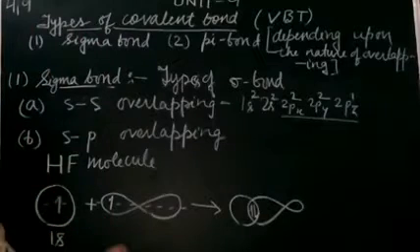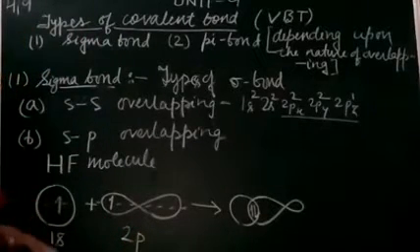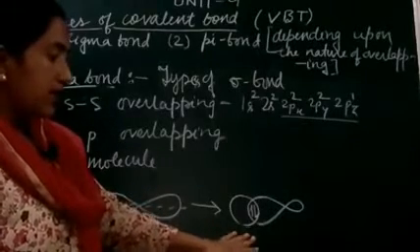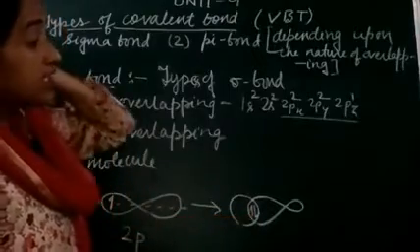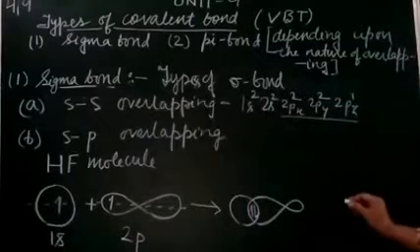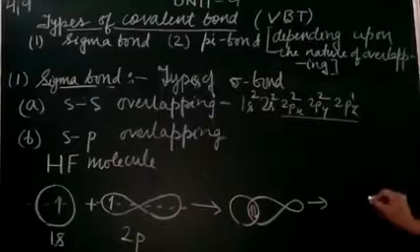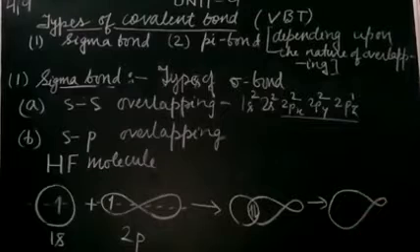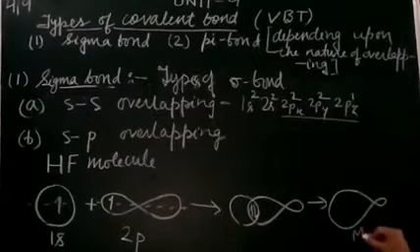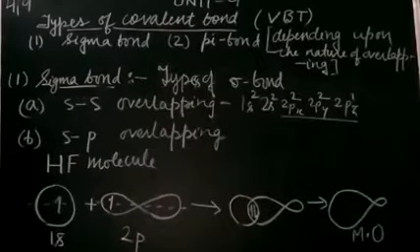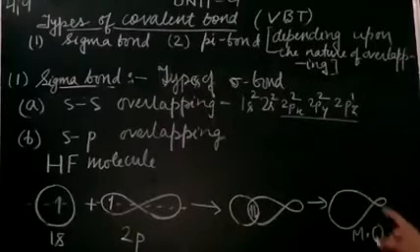Here 1s and 2p are going to overlap and form the molecular orbital, where the electron density will be evenly distributed along the internuclear axis. As a result, what will be the molecular orbital which will be formed? This is the molecular orbital, and I am representing molecular orbital with MO, students. M stands for molecular, O stands for orbital. So students, this is the HF